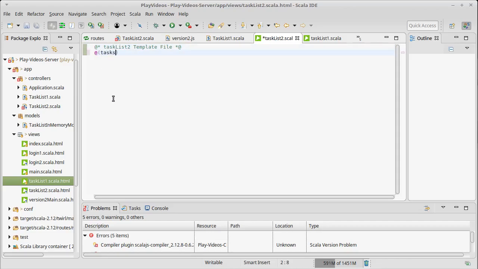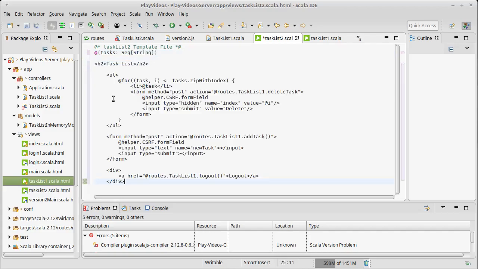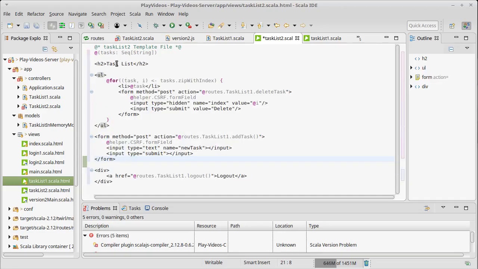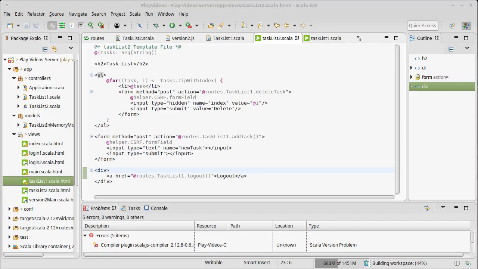So tasks is a sequence of string. And let's go ahead and unindent all of that. Okay, let's see if this should be happy. So we run through the tasks with their indices. Yeah, I don't necessarily want all of this form stuff, but let's see what would happen